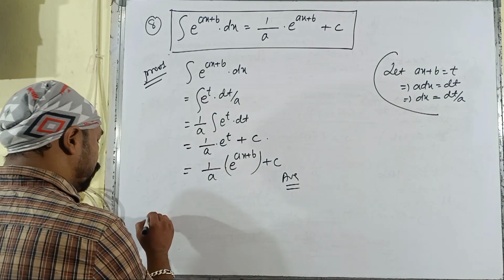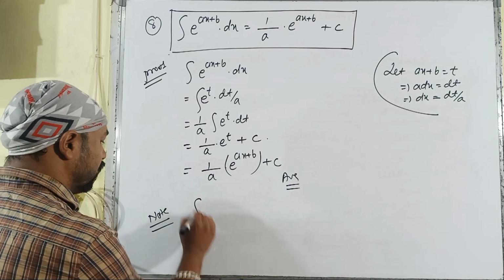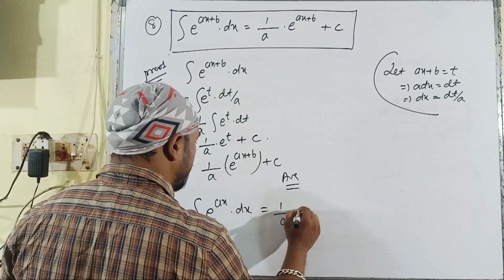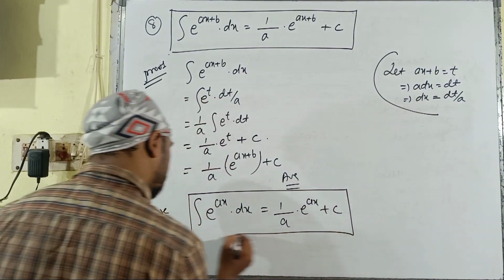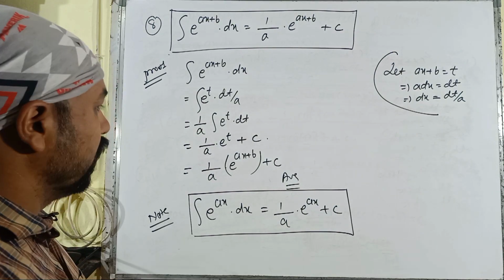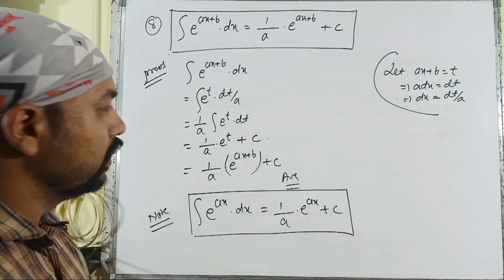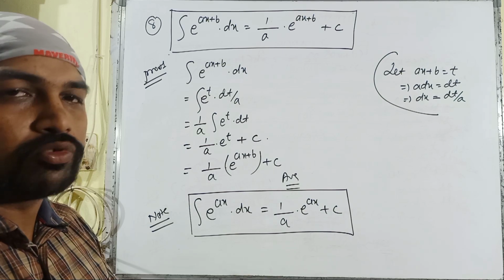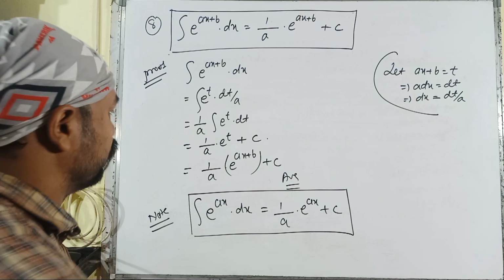Similarly, you can also prove the note based upon theorem number 8, and that is integral of e to the power ax with respect to x, and it will be 1 by a e to the power ax plus any constant c. So here is theorem number 8. Let us solve one example based upon theorem number 8. Then we can again write down some of the rest of the theorems directly, and this will be the task for you. You have to just prove them, and show that the result is validated by using the method of substitution.